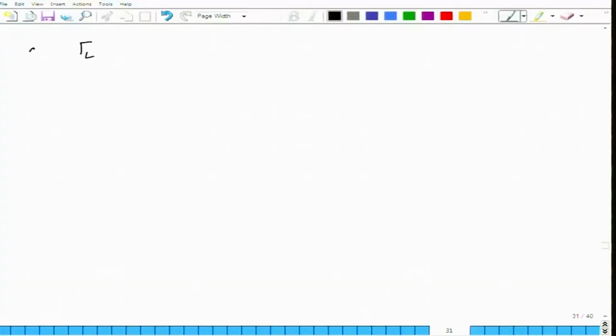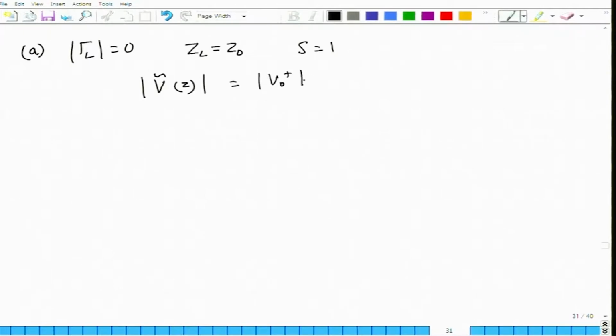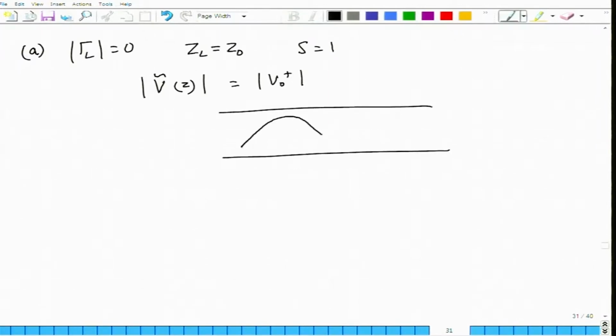Consider what happens in the case when gamma L is equal to 0. Okay. When can I have this situation? When I terminate the transmission line with its own characteristic impedance Z0. In this case, since gamma L is equal to 0, the standing wave ratio is equal to 1. What does it mean? It simply means that if you go back to the expression of the magnitude of the line voltage, this turns out to be equal to the magnitude of V0 plus. What it means is that on the transmission line there is only propagating voltage and there are no back reflected